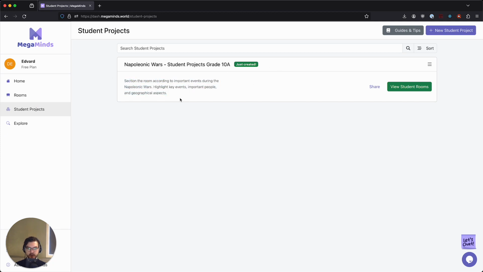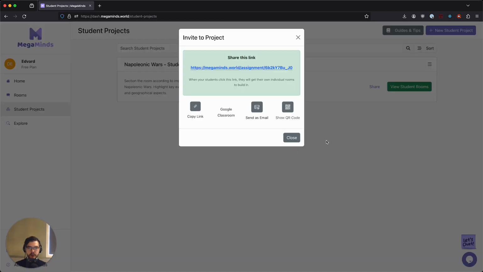You can see the instructions that you wrote. And we have two options, share or view. So we're going to start by sharing this out with our students. So I'll click share. And you might be familiar with this from the rooms. This is basically the same thing. You have a link here, and that's the thing that you share. So if I open this link,